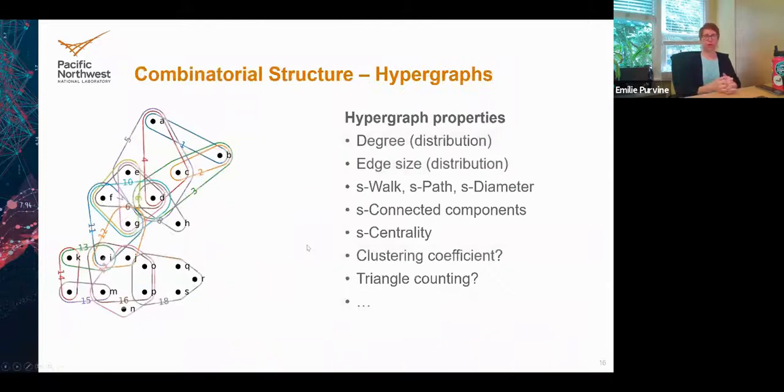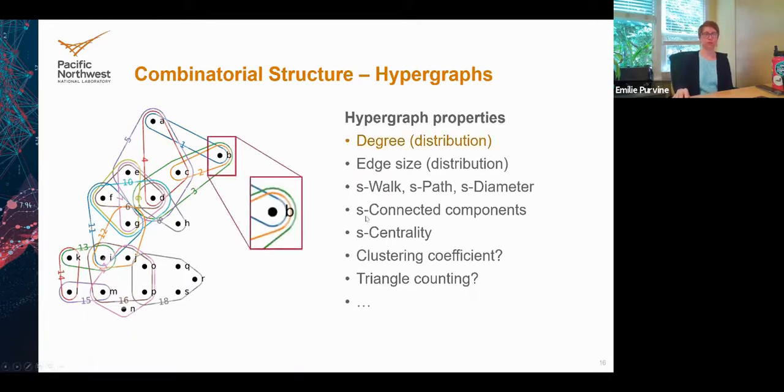So now that we know where we get them from, let's talk about the hypernetwork science and the combinatorial structure. These are all similar to what I had on the network science slides, but beefed up for the hypergraph setting. So of course, degree. Every vertex is in some set of hyperedges, but we can now talk about the size